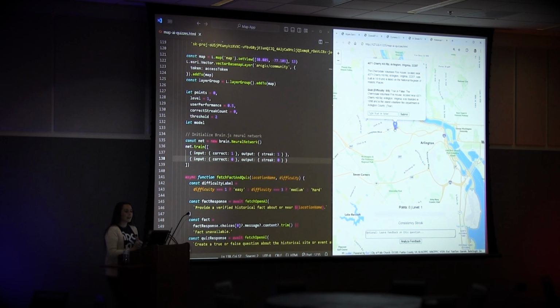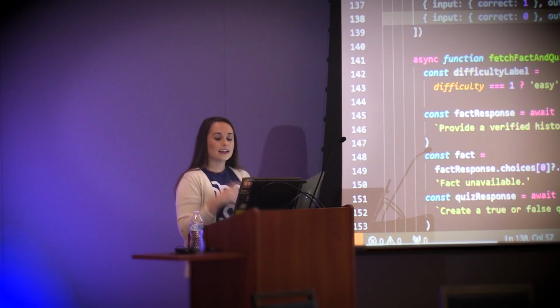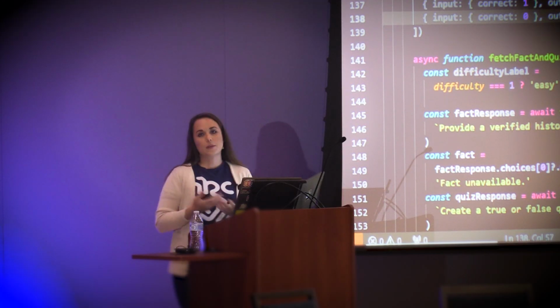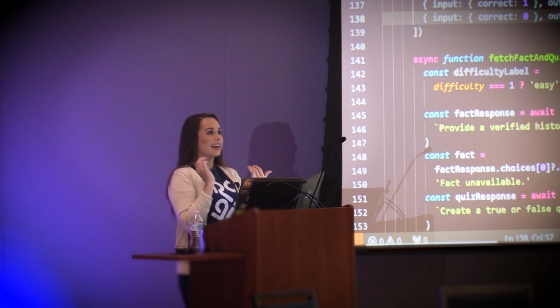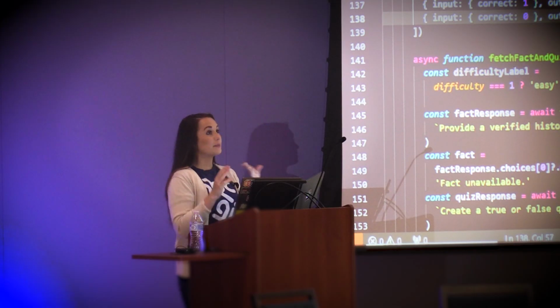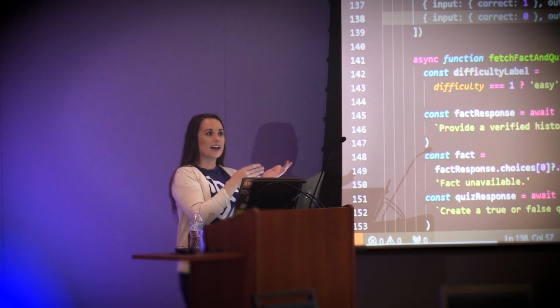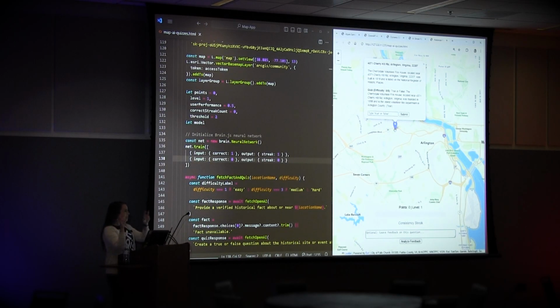There we go. Okay, so it's saying something about this specific area here in Arlington, a volunteer firehouse, blah, blah, blah. And then it's asking a quiz question. Now, what I did is I injected the dynamic difficulty model that I made from TensorFlow to actually help say how difficult this question is. I will say, again, this is a very simple example, so it's getting the point across. But yeah, it would need a lot more training to actually be a bit more valid in that sense.